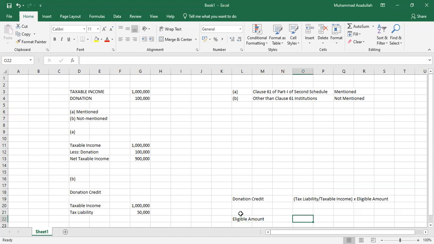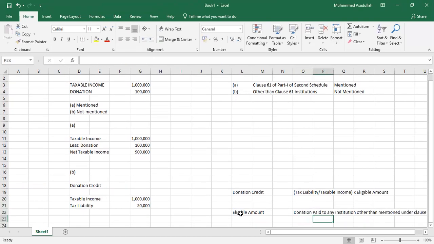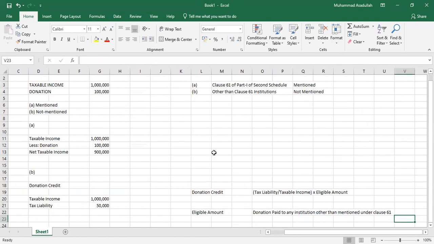Eligible amount is your donation paid to any institution other than those mentioned under clause 61. Okay, donation paid to any institution other than mentioned under clause 61,